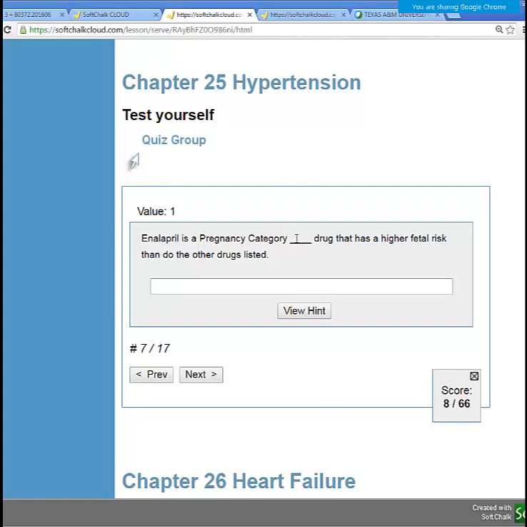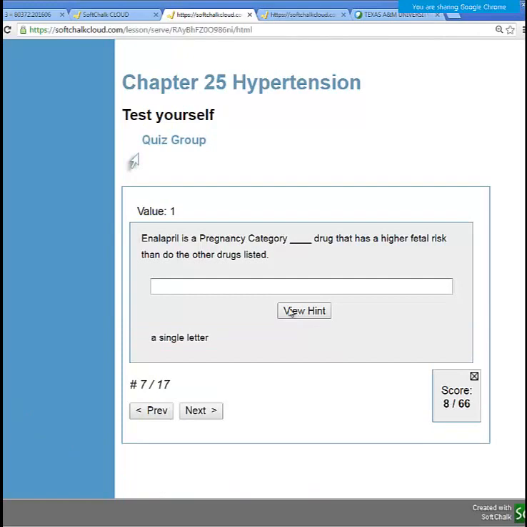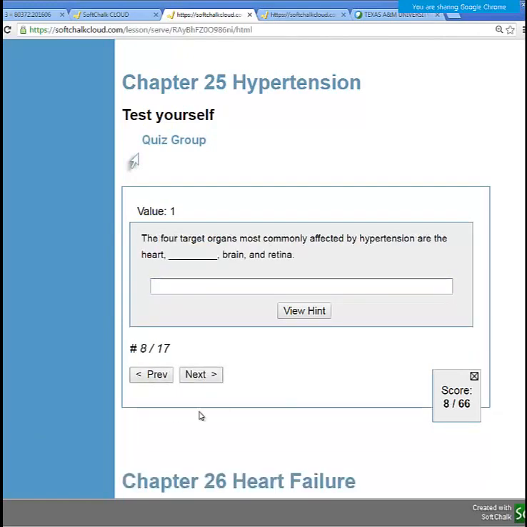So pregnancy category, they cannot take an ACE while they're pregnant. It might be a D. I don't think it's an X. We'll have to look it up though. Let's see. Okay, a single letter. I think it's, what do you think? It's probably D since it's just higher. Yeah. Okay. The 4 target organs most commonly affected by hypertension are the heart,